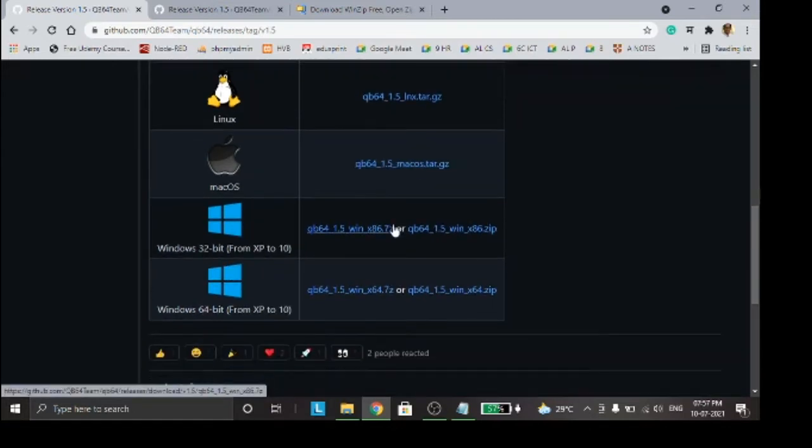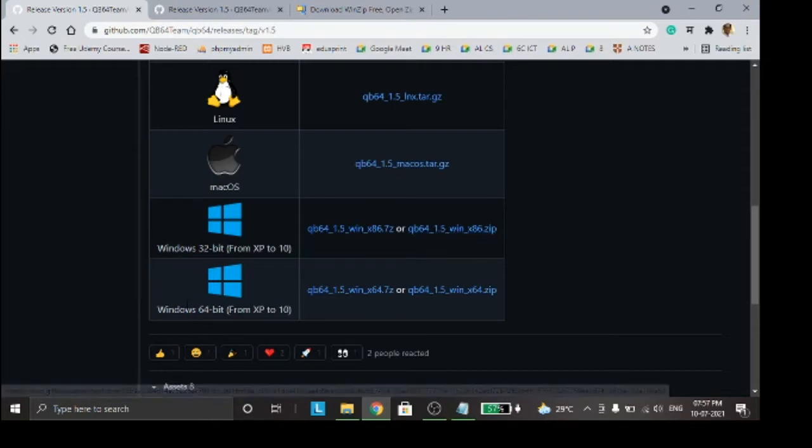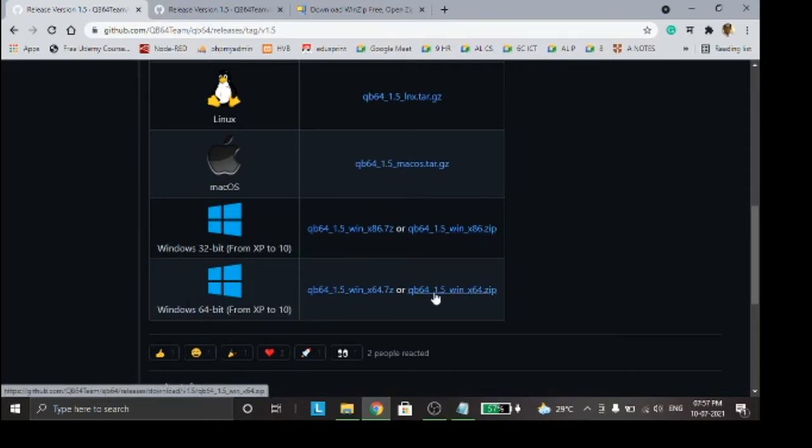If you are using any Windows version which is 32 bits, I had explained in class how to check your computer version, and I will also show you in this video how to do it. If you are using Windows 32 bits, you can download this packet. Or if you are using Windows 64 bits, you would use this version. I had downloaded this packet. My computer is Windows 64 bit, it is Windows 10, so I have downloaded this packet.